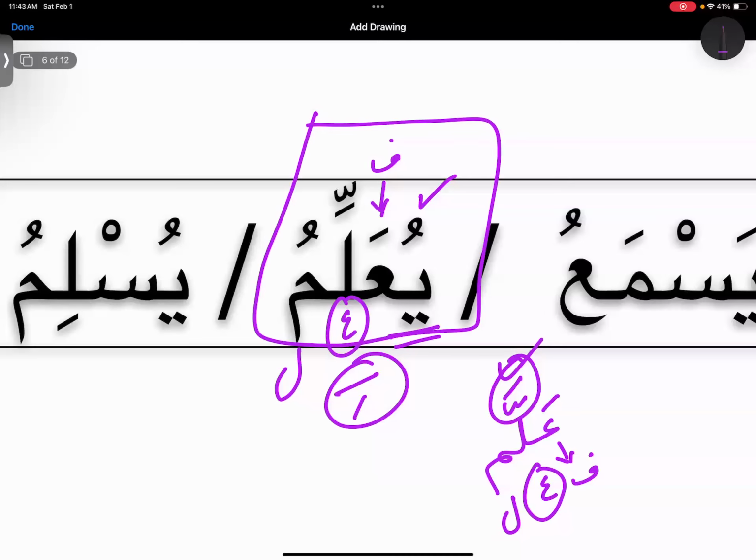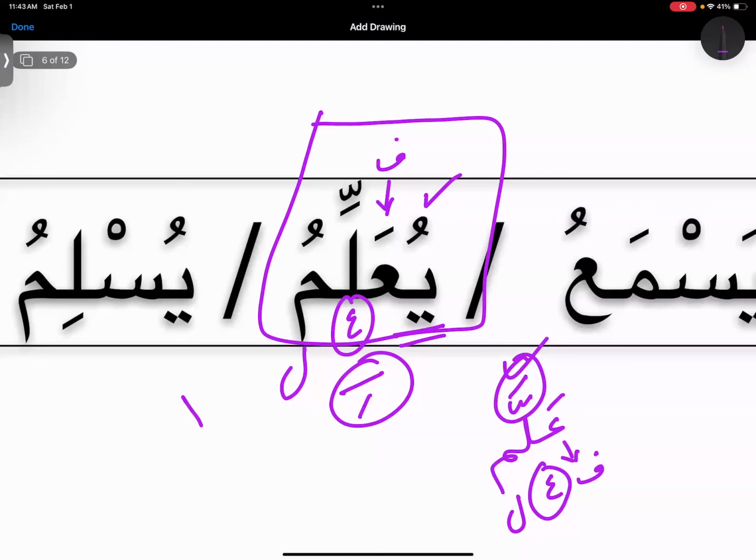Allama, yu'allimu. For example, kazzaba becomes yukazzibu. Kallama becomes